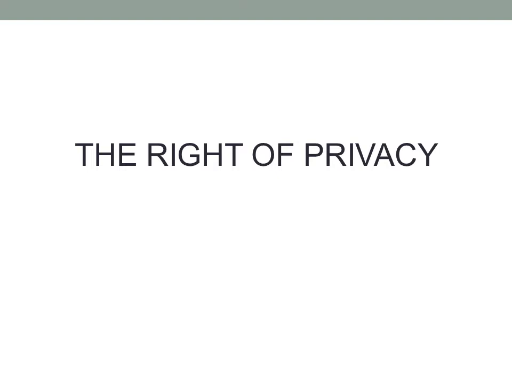Nowhere in the specific language of the U.S. Constitution does it say you have a right to privacy, like it says you have the right to free speech and free press and assembly and bear arms. It actually does not say that. So how did it become a constitutional right?